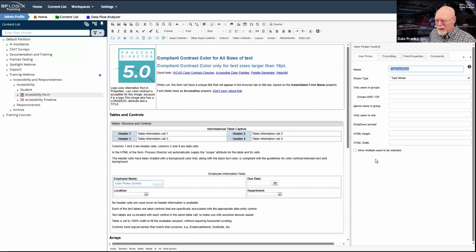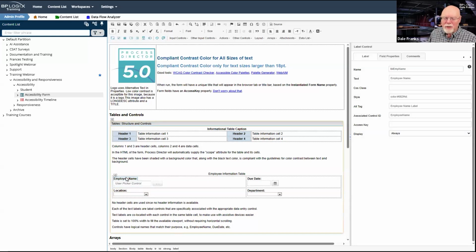And by the way, we'll get to why I call it that in a moment. But I really do need a common sort of English label for this that is available and that is locked to it. The way that you lock a label to a control is via the associated control ID property.